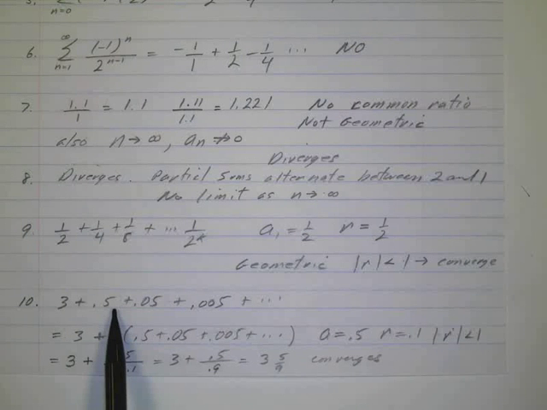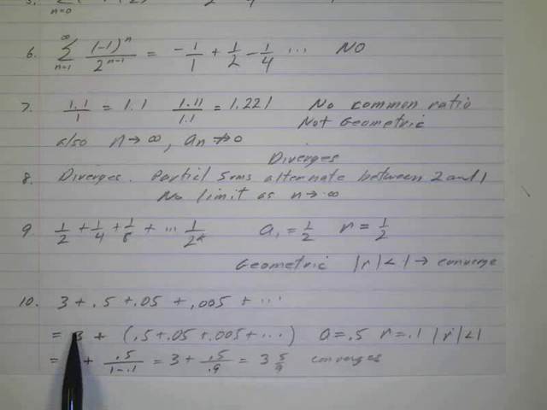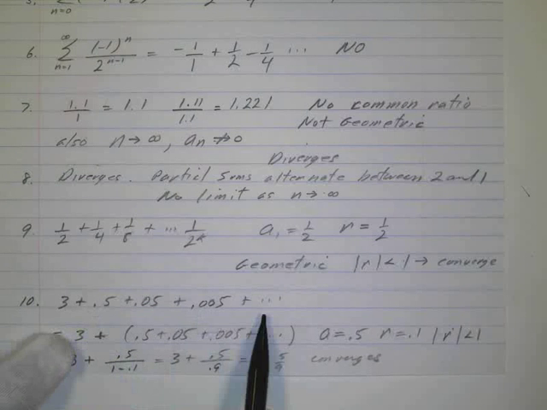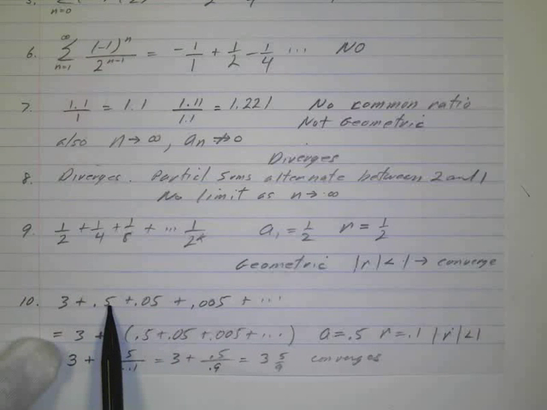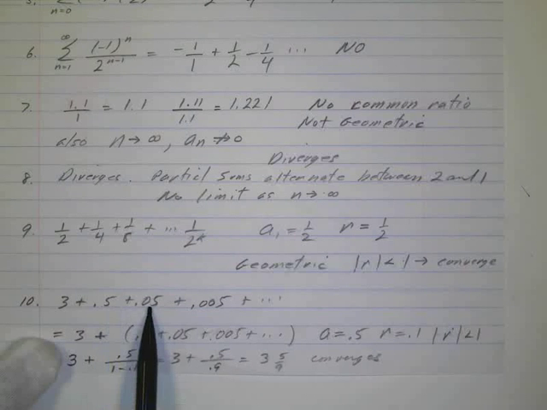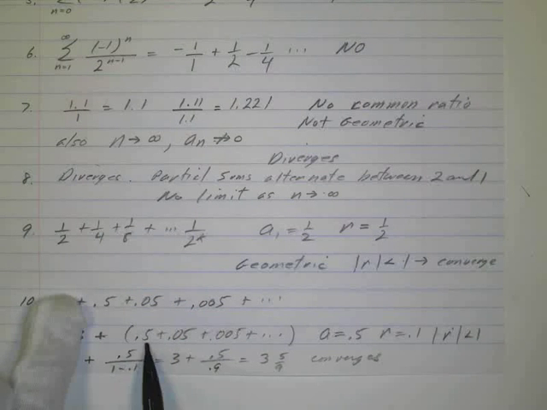I had 3 plus 0.5 plus 0.05 plus 0.005. Now, we can separate this, and look at 3 all by itself, and then look at the rest of it. Because if it converges, it will just approach a particular, identifiable number. If I take 0.5 and multiply it by 1/10, what do I get? 0.05. If I multiply that by 1/10, what do I get? 0.005. So it looks like I have a geometric series from here on,